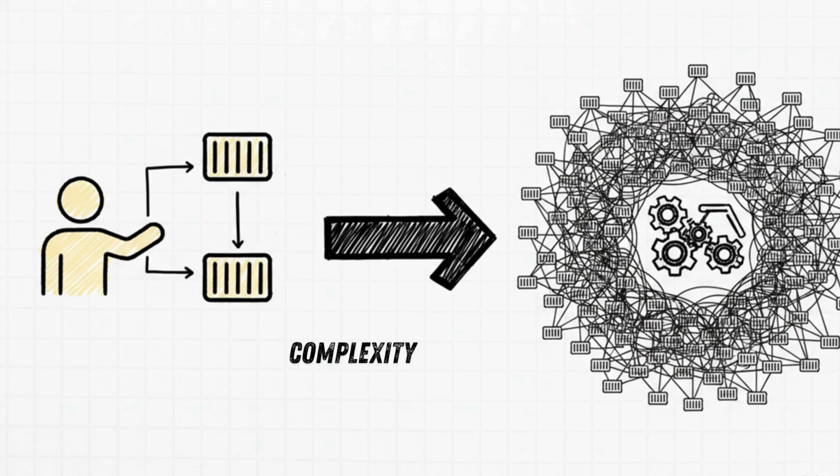Look, managing a handful of containers, it's pretty straightforward. But what happens when you're managing hundreds or thousands of them in a live production environment? It becomes this incredibly complex web. To handle that, you need something called an orchestration tool, like Kubernetes. And while Kubernetes is amazing, it's also a beast. It adds a whole new, massive layer of complexity to your setup.